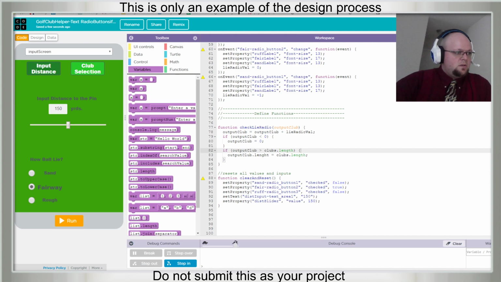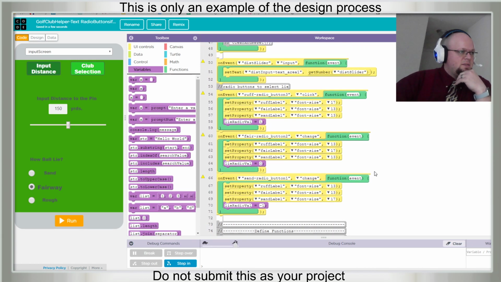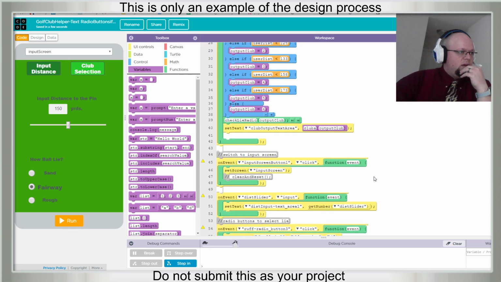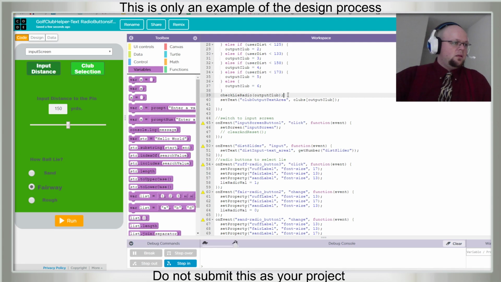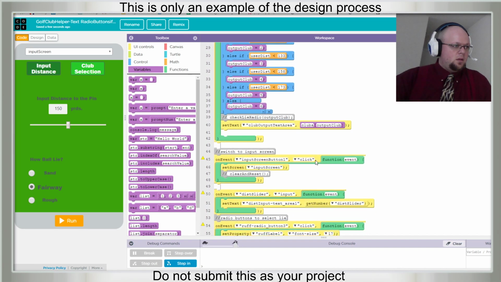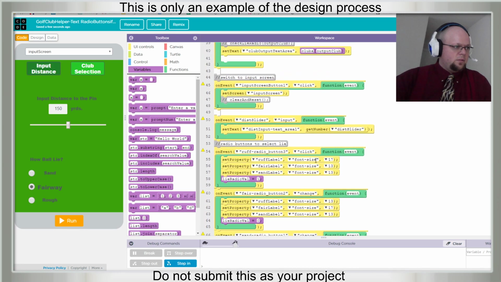What we need to do is, the way we're going to test this is, let's not call check lie radio, and we want to not call clear and reset.